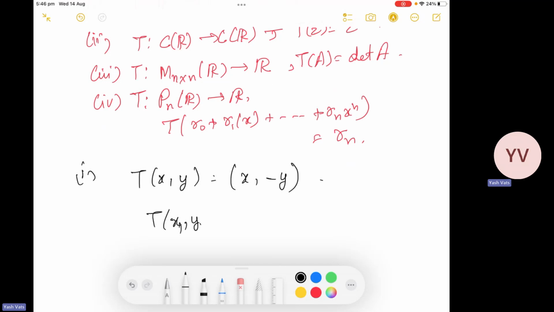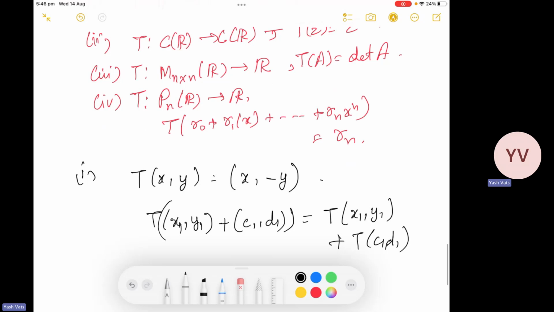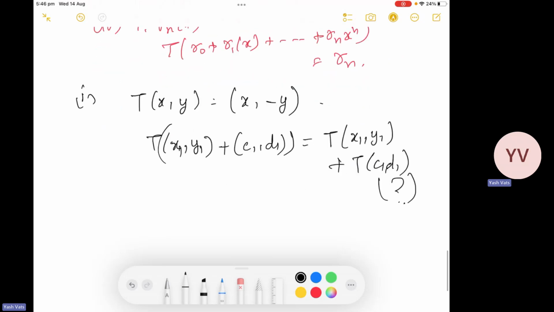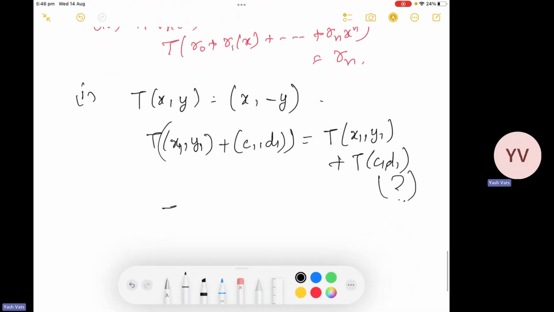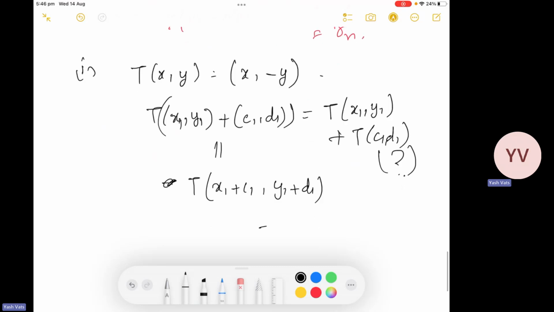You take (x1, y1) and (c1, d1), then you check whether T of their sum is the same as T(x1, y1) plus T(c1, d1). So is it true? We write this as the same as this, which is the same as this,